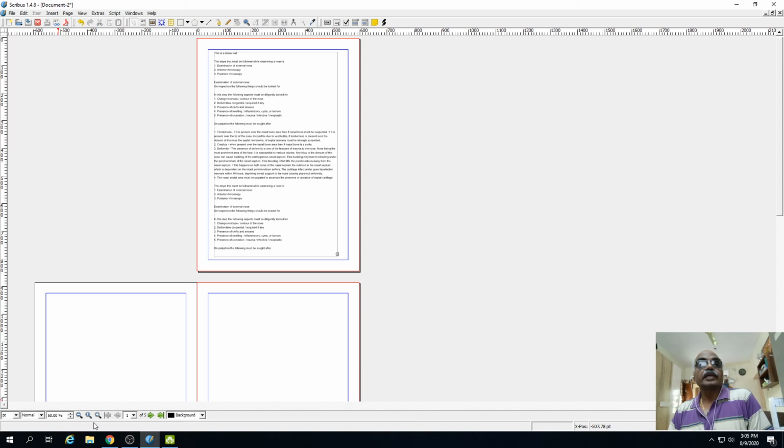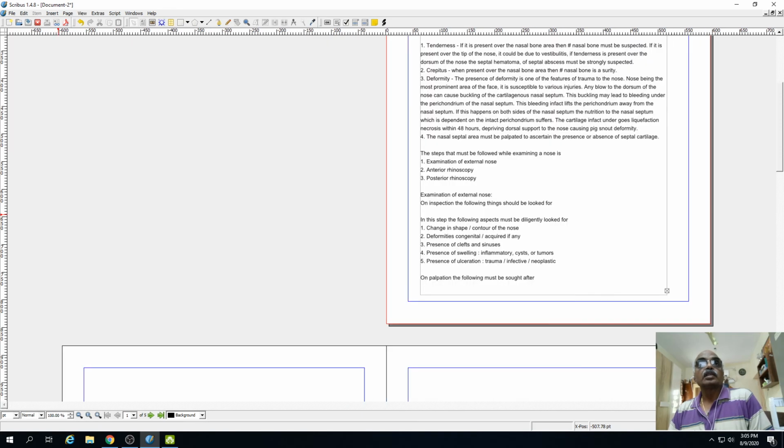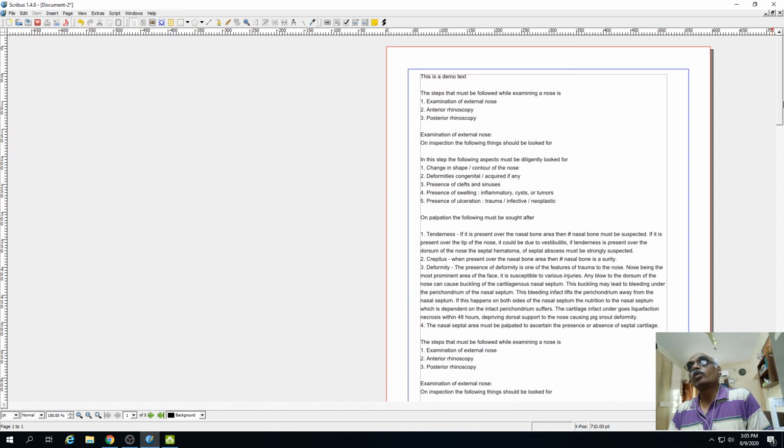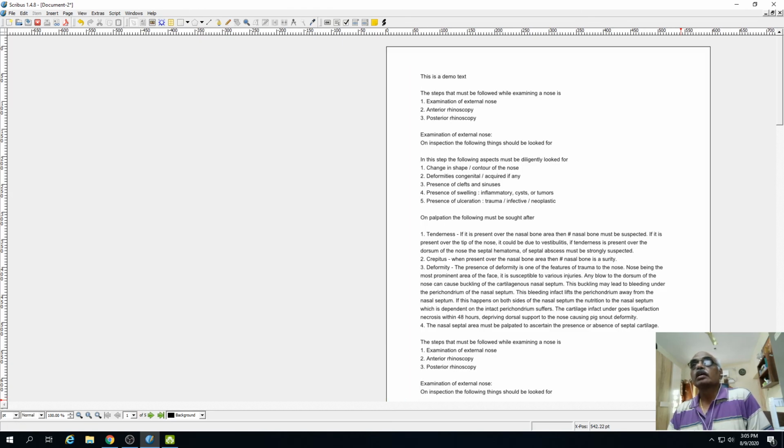Here, this is a preview mode. This will make it 100%, and it will tell you how your document will look when it is printed. This is under normal vision. You can make it into red. Then these are all the views that facilitate persons with vision problems.